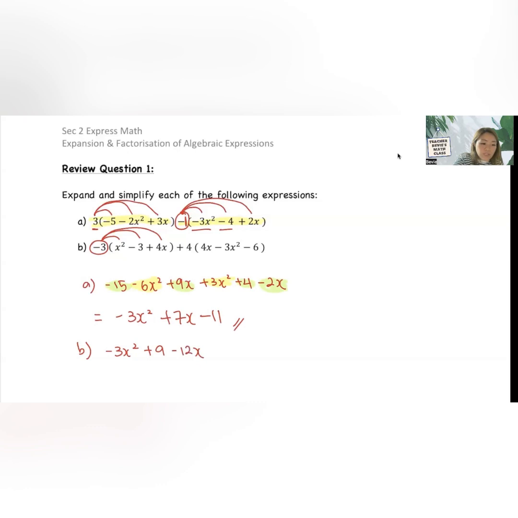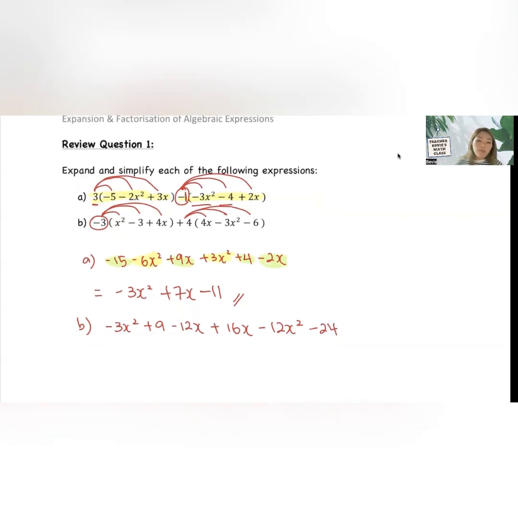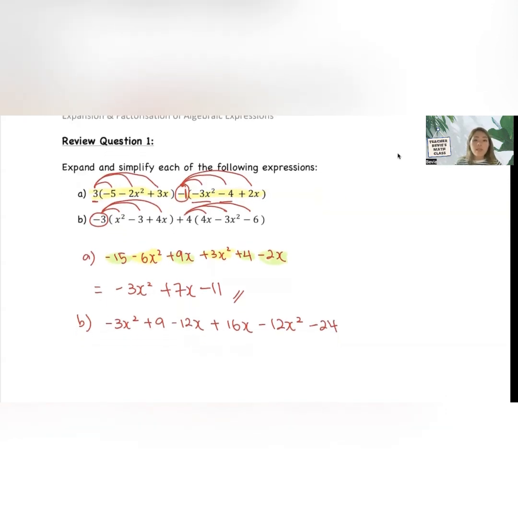Okay, and as for the second portion, no sign changes because this is a positive 4. But same thing, my positive 4 will have to come into every single term. And that gives me 16x. 4 times minus 3x squared gives me minus 12x squared. 4 times minus 6 gives me minus 24. All right. So now that I'm done with expanding, same thing, I have to simplify by adding all the like